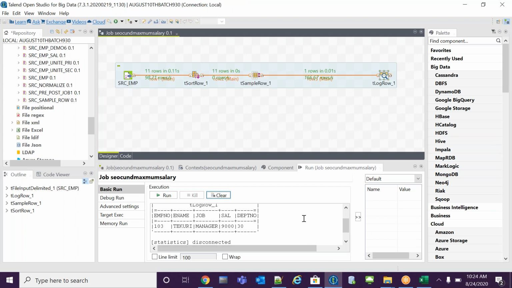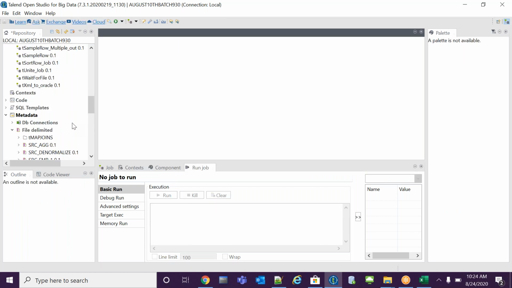Then I will take the T sample row and I will get the second record. Then I will inner join it and match the records, so I can load into the target. It will get all the matching records. Let me see it. Thanks, Sagar, appreciate you. This is the way of thinking.